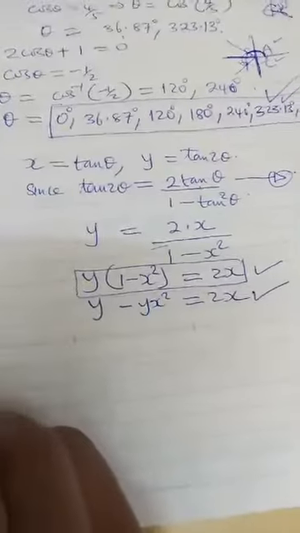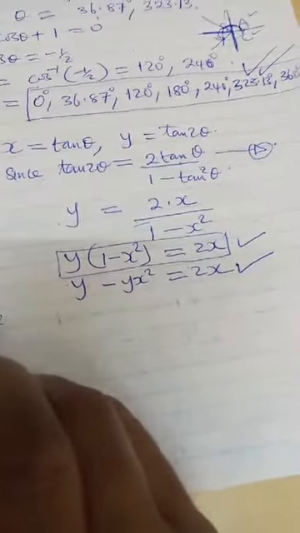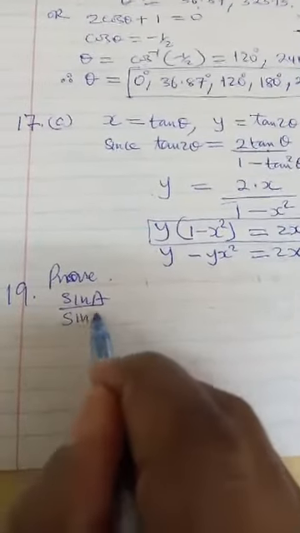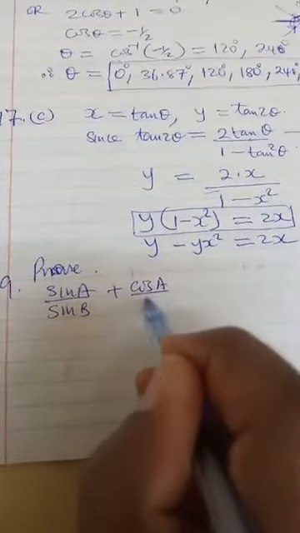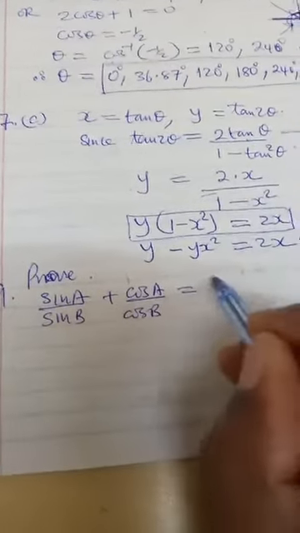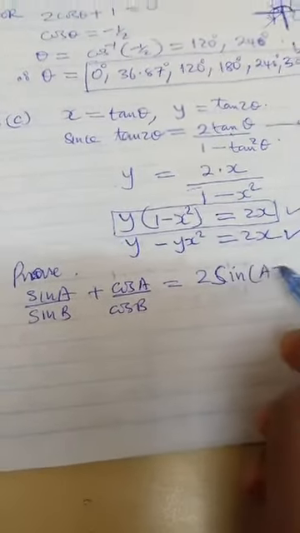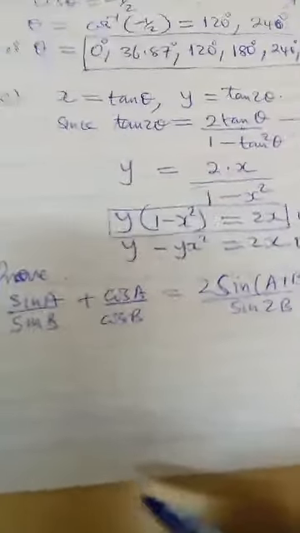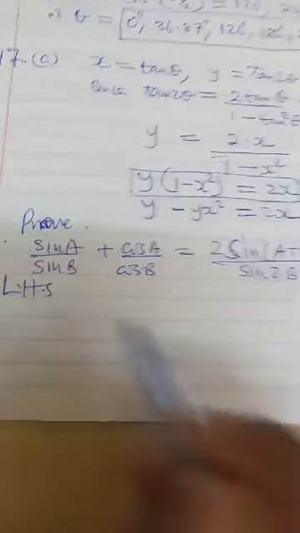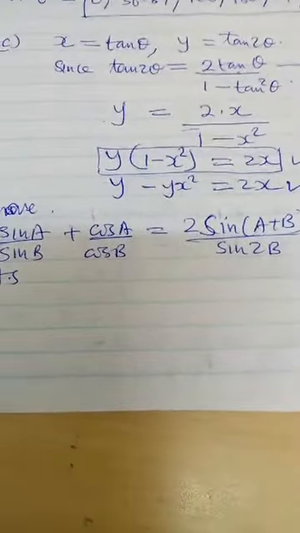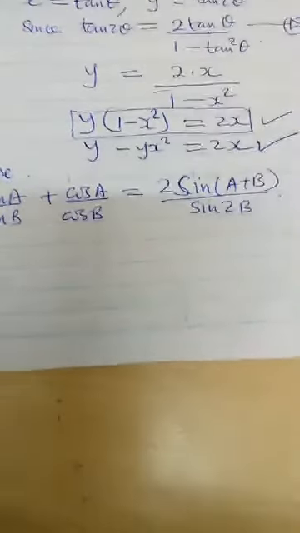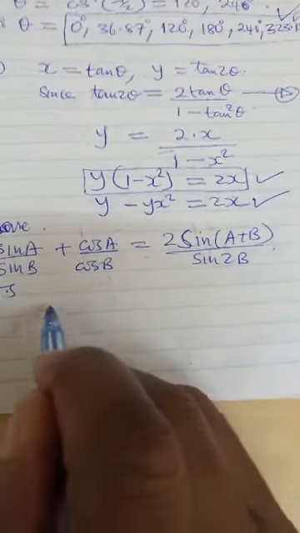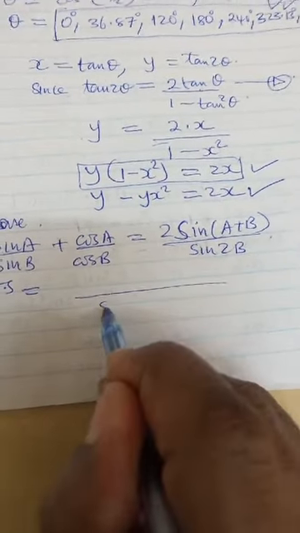Number 19 says prove: the sine of A over the sine of B plus the cos of A over the cos of B is equal to the sine of A plus B over the sine of 2B. I will prove the left-hand side, but even if I wanted, I could prove the right-hand side. Now, left-hand side, if I start, I'll take the LCM, which will give me sine B